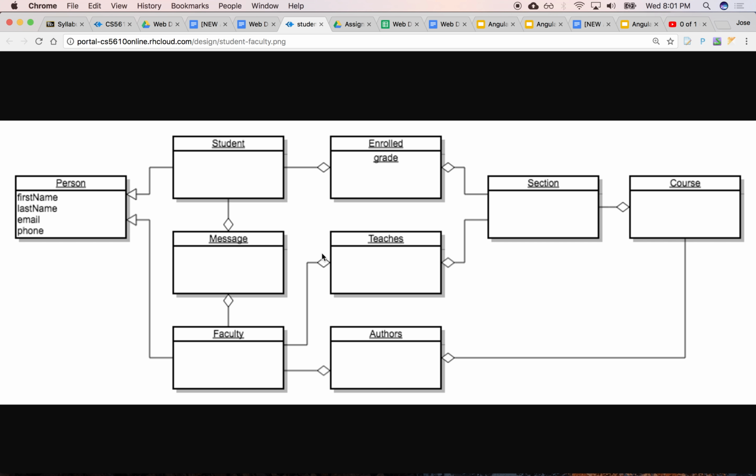You can have many sections for one course. Each section has many students enrolled, and you can have several faculty teaching the same section, or one section having many faculty, and you can have the faculty being the author of these courses, or vice versa.